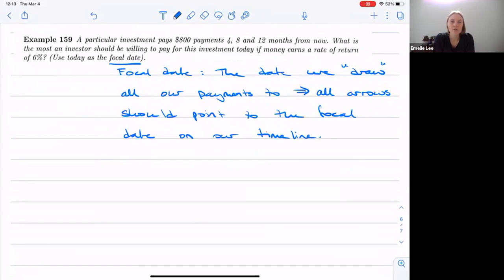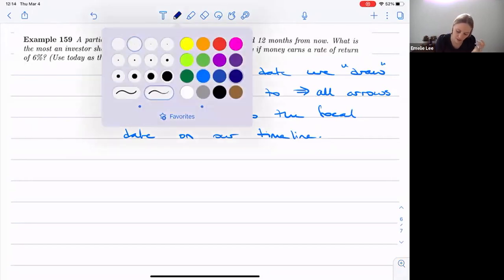Okay, so what that means is, well, today has to be on my timeline, and then there are some important dates like 4, 8, and 12 months from now. So when I go through and read the problem, it looks like I have 4 dates that I want to distribute on my timeline, and I want to distribute them evenly. So